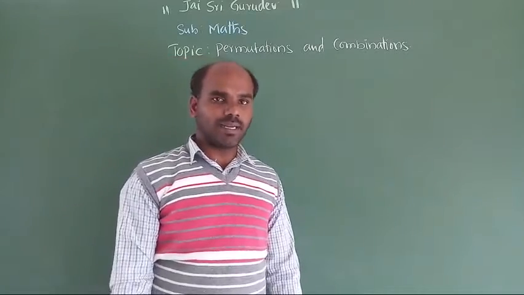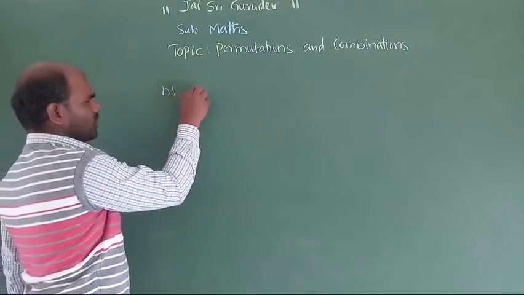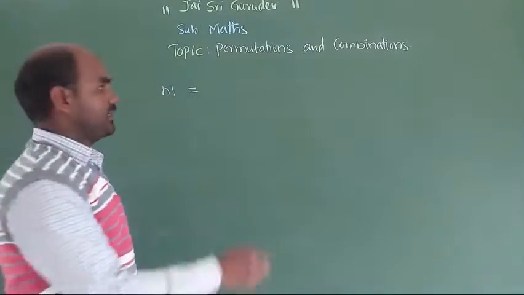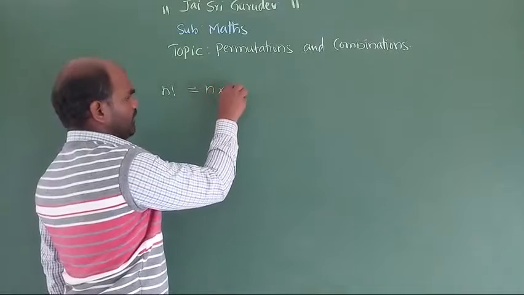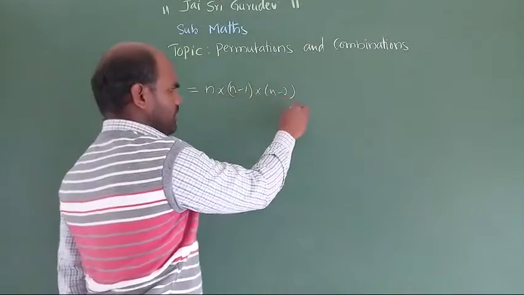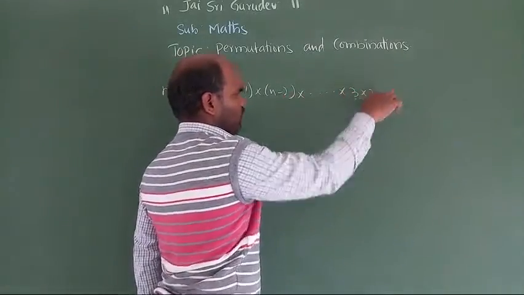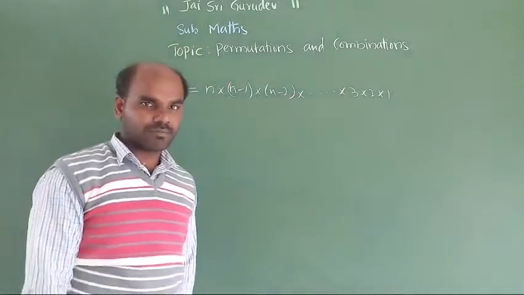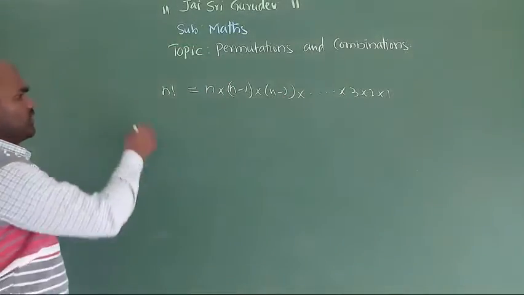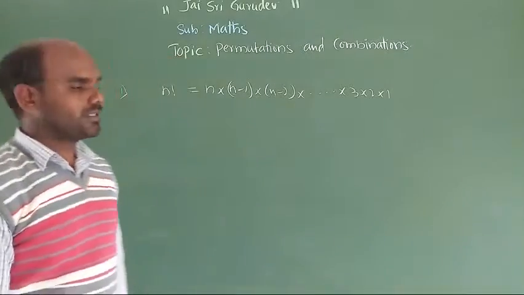So dear children, already we know about n factorial. What is n factorial, children? That is n into n minus 1 into n minus 2 and so on, into 3 into 2 into 1. Yes or no, children? Yes. So this is the first property we have to consider. Next, the second one is,